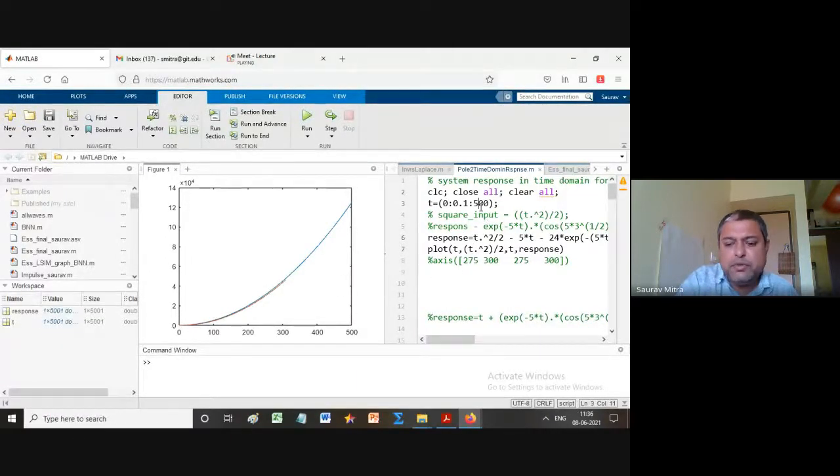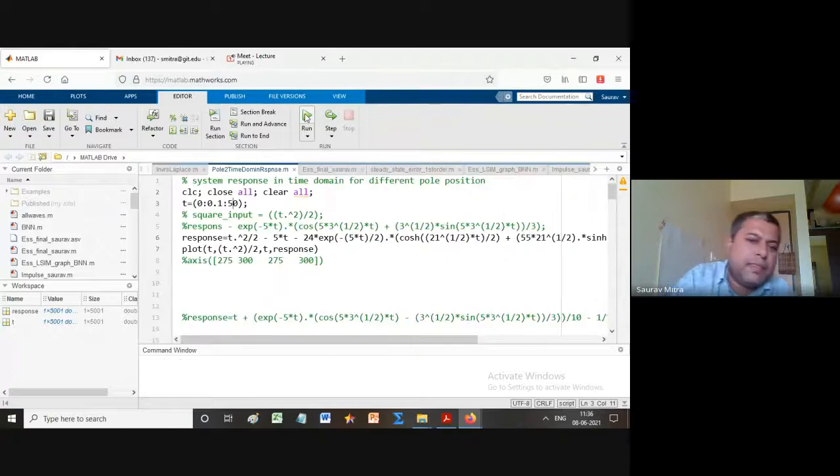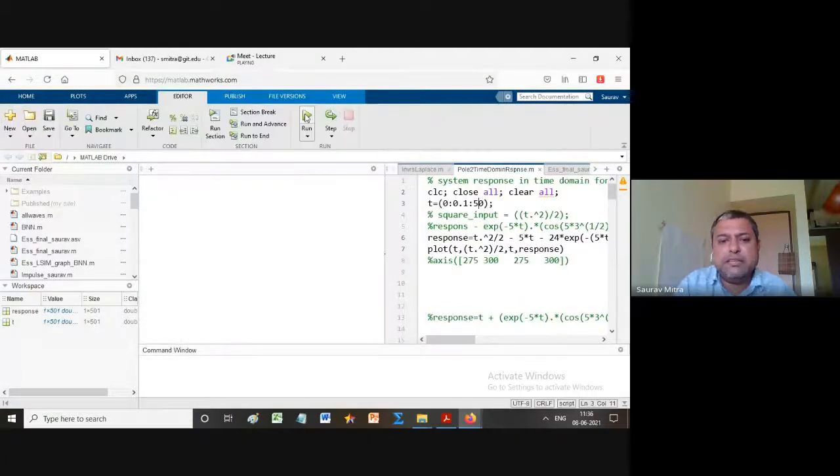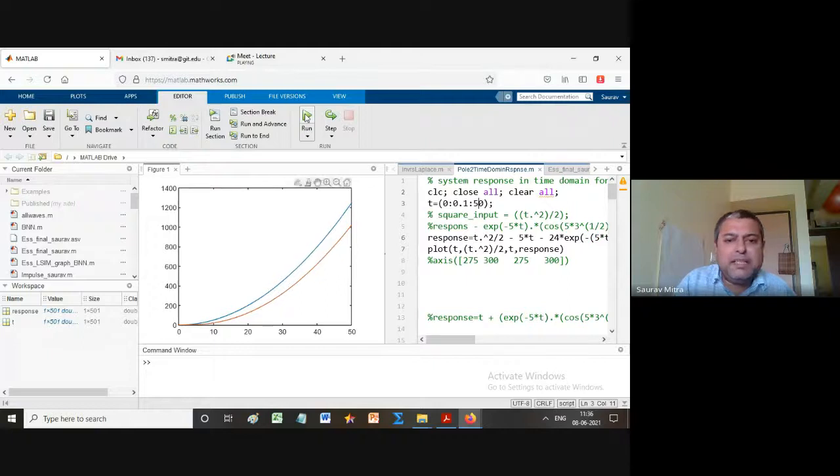So up to 50 it will show us a good show. Let us see up to 50. And unlike the previous case, it is not going to stay constant. It is going to diverge. Up to 50 if we are doing, it will give us a good show. Okay, so red line is trying to catch up the blue line, but yes, there is significant difference between that.